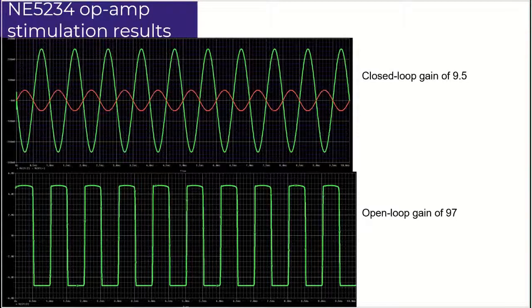This is the simulation of the two-stage CMOS operational amplifier. The gain from the closed loop and open loop results is really close to